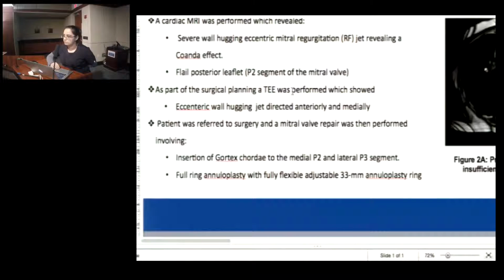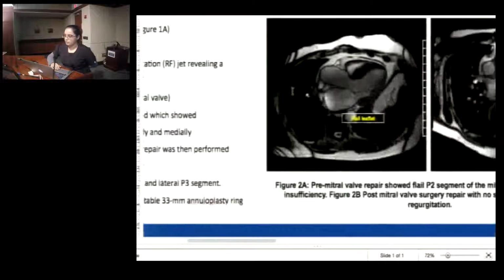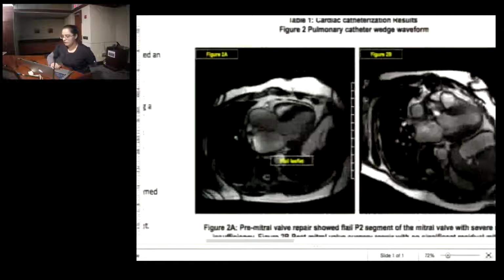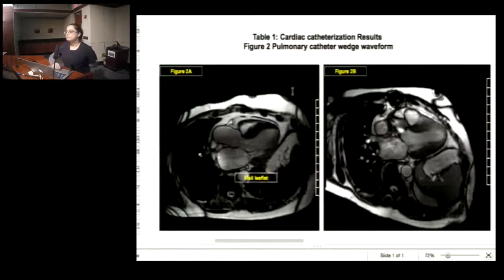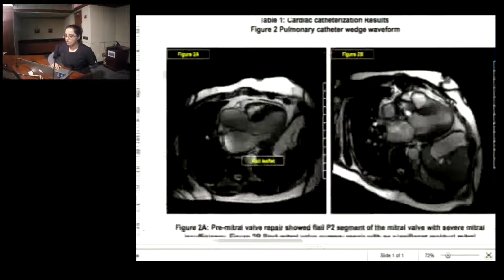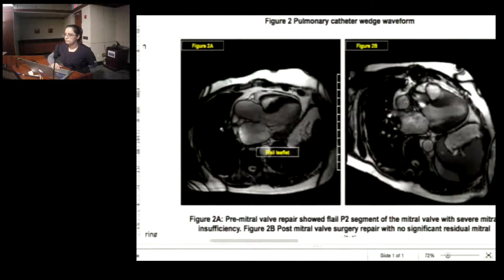Meaning the first image is from your transthoracic echo, and then you did your MRI because of an issue. You did a CAT, you did an MRI, and then I did a TEE to figure out whatever it is. Because you're putting those together, you understand? And it just takes away the story, the curiosity. And that's not what happened. That's why I asked you why you wanted to do the MRI.